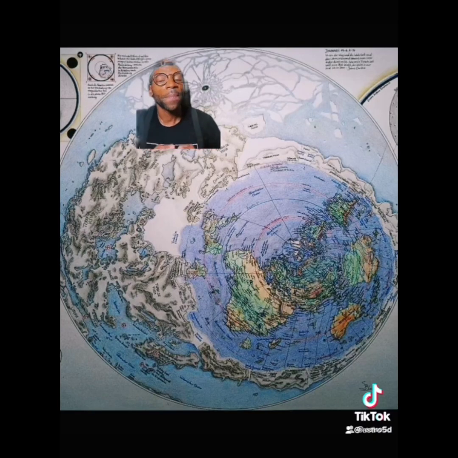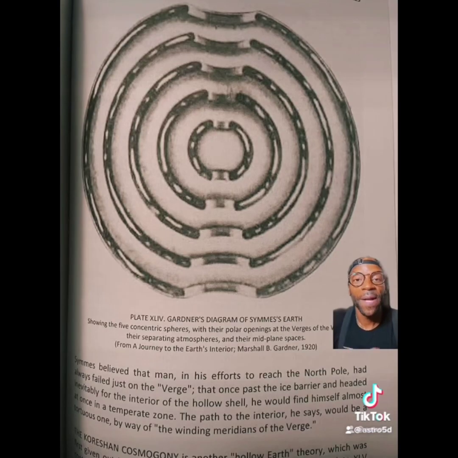Here's another map, and apparently this was hanging in the office at the UN. Is that an ice wall? I'm confused. Judges say it's an ice wall. Why would they have this at the UN? Ask yourself that. Here's Gardner's diagram of Syme's Earth, and we spoke about him before in relation to Inner Earth, or Agartha,